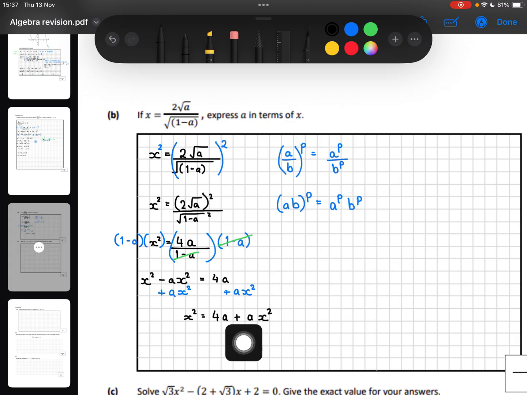But I do need to manage to get them on their own. And when I'm doing this, I can't just say, okay, well, I'll divide across by 4, because then I'll have this also divided by 4, which isn't going to help me get this a over here by itself if I have it being divided by 4. So I don't want to just go straight into trying to divide what's multiplying the a's yet. Instead, I want to see, is there another way that I can pull the a's together